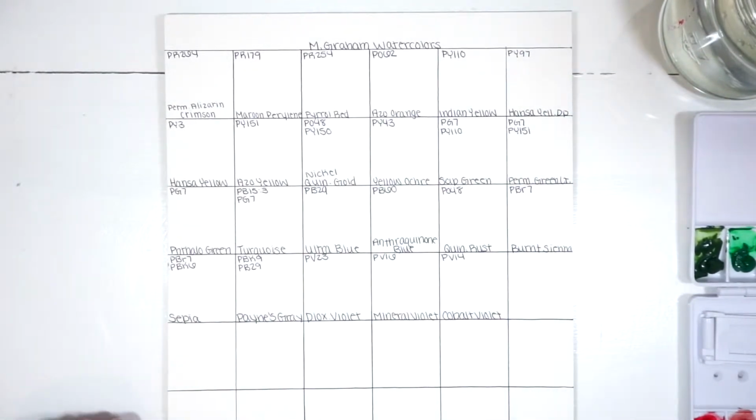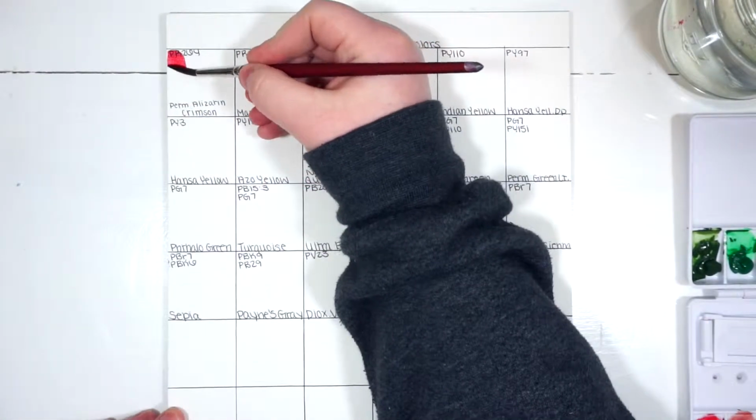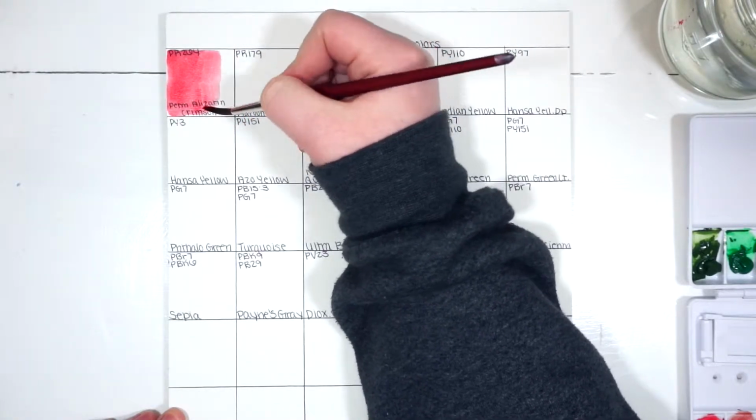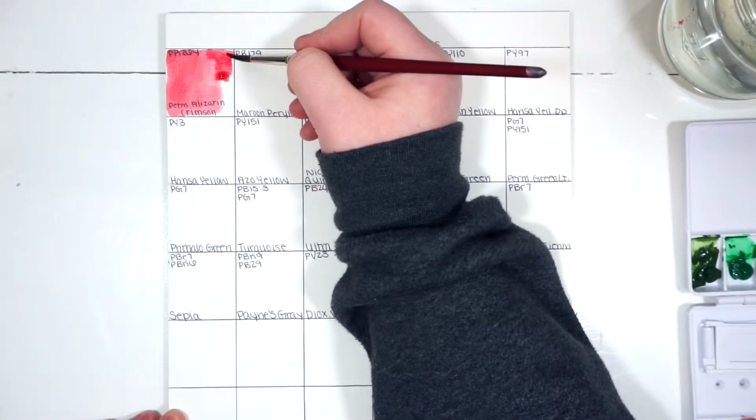This week I wanted to do a review of the M.Graham Watercolors I recently got, and I wanted to start by swatching out some of these colors like I usually do, kind of talking through my thoughts on the set that I have. Starting with the Permanent Alizarin Crimson, I thought this color wasn't as pinky as you would find